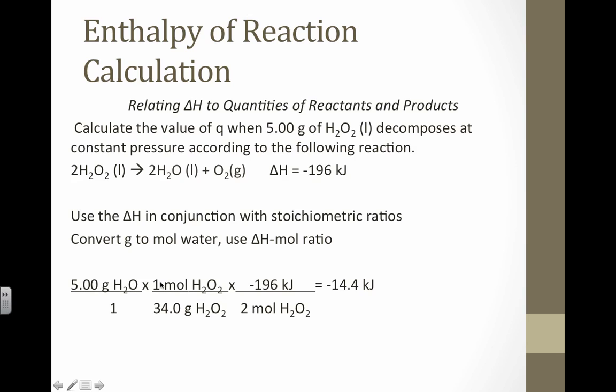and then this comes from our balanced chemical equation. So it's just like stoichiometry. Instead of having moles of something from the reaction, we just have the enthalpy instead. And notice if you cancel out all the units, you end up with kilojoules of heat. So 14.4 kilojoules is the amount of heat we would expect to be released if 5 grams of hydrogen peroxide decomposes. And we'll do some more problems in class,